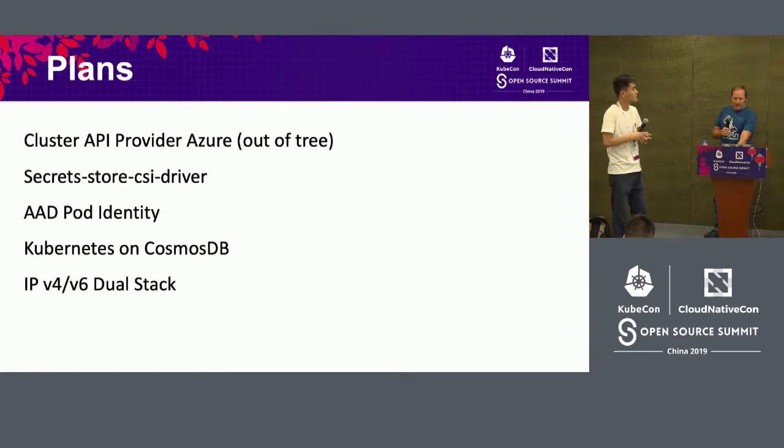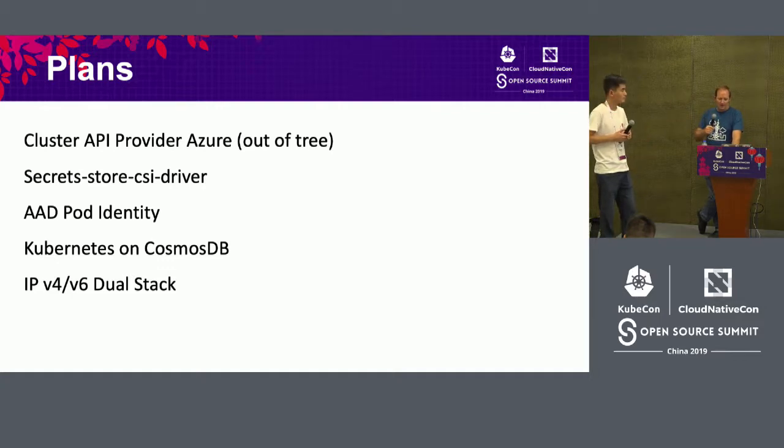So what is it that we're planning to do next? We're bringing things out of tree. The out-of-tree cloud provider is the largest piece of work that we need to do. We need to finish that work. It's a very large project. Yeah. And it also includes a couple of different projects, such as the CSI drivers for AzureDisk, the CSI drivers for AzureFile, the cluster-api-provider, and the cloud provider Azure.